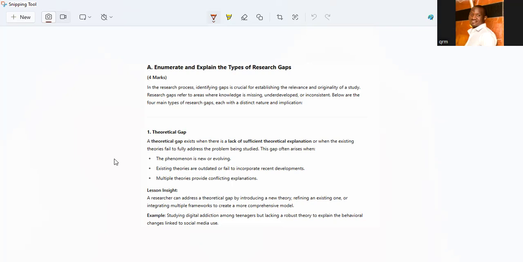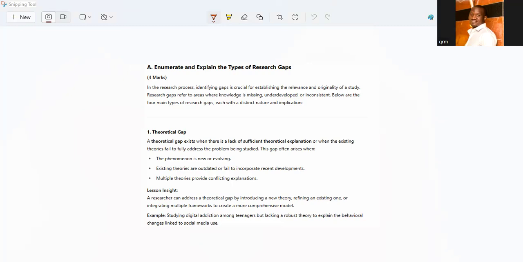Theories are there to correct the errors that exist. For instance, if you're studying digital addiction among teenagers, but there's a lack of a robust theory to explain the behavioral linkages to social media use, you can come up with a theory. This is one type of gap that you need to know. It's called a theoretical gap. 4 marks. The other gaps that you should know of,